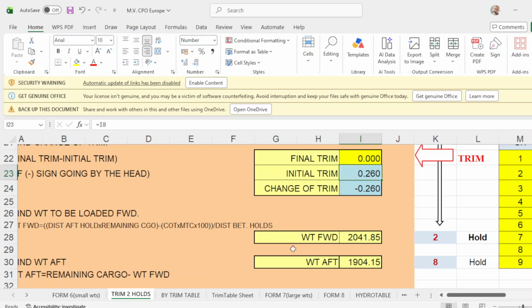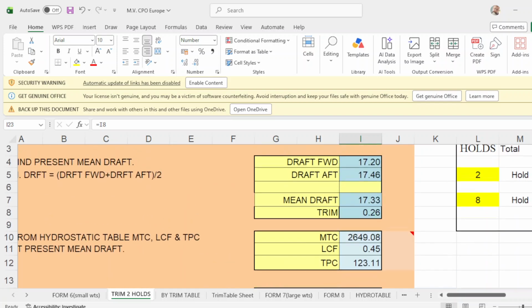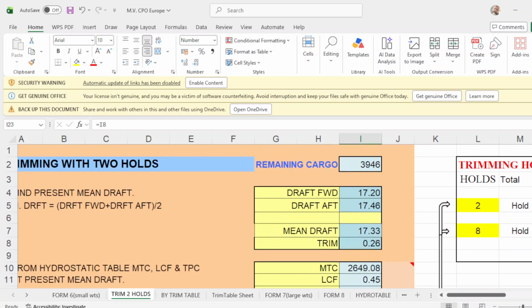Then it will advise you how much cargo to load in your trimming holds. So this is your aft hold, which is number 8, forward is number 2. So recommended to load in hold number 2 is 2,042. Okay, so you go up, put here 2,042.